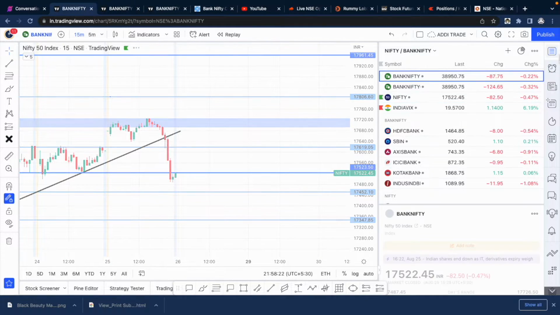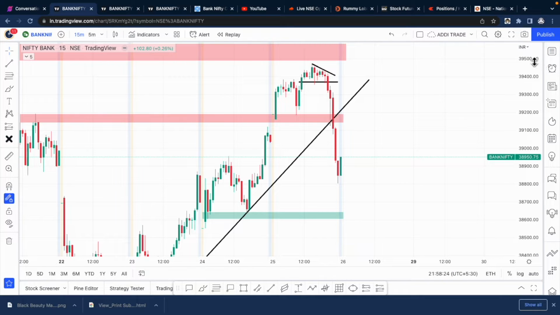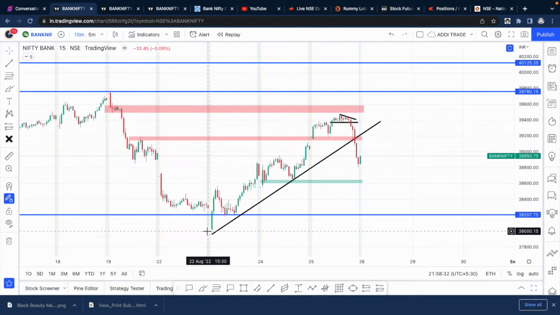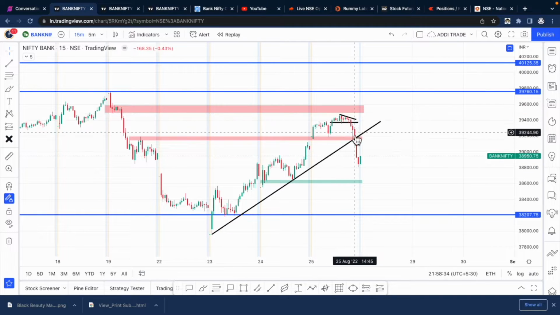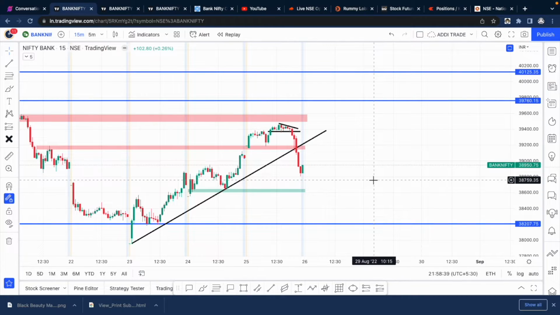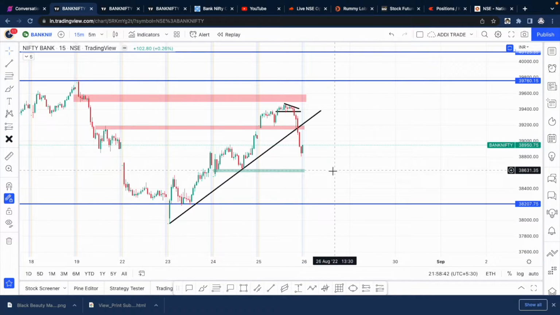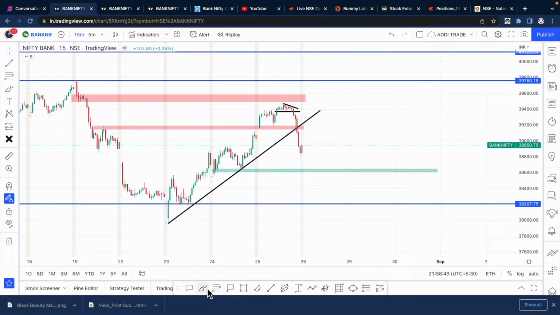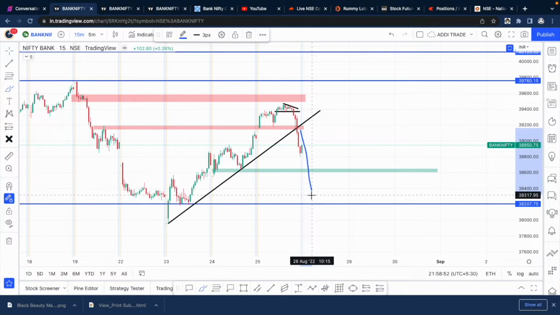Now let's see what are the possible levels that can work out for tomorrow. See, this down move, after the nice bounce that we got, could be just a monthly expiry move. Tomorrow the market might continue going higher. We don't know, we'll have to wait and see tomorrow. But for tomorrow, I'm going to extend this support level. If we come down, there's a good chance we might not break this continuation. There will be a small bounce here, or an intraday pause will come at this level for sure.